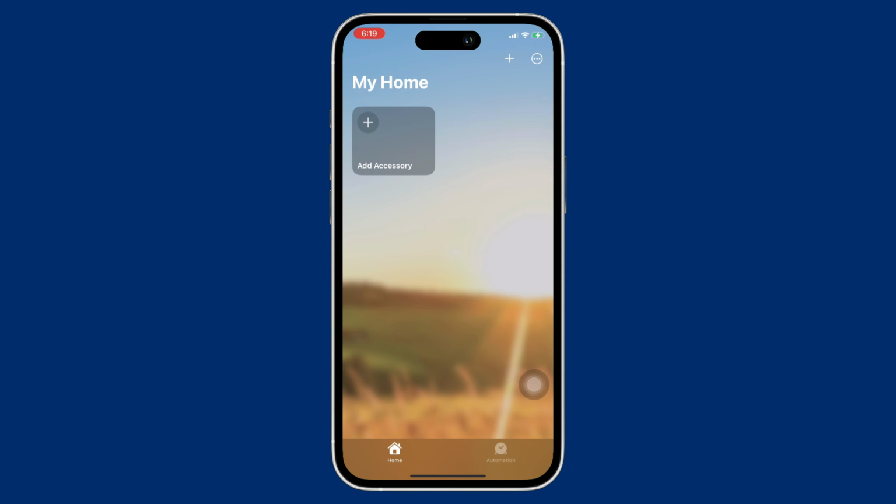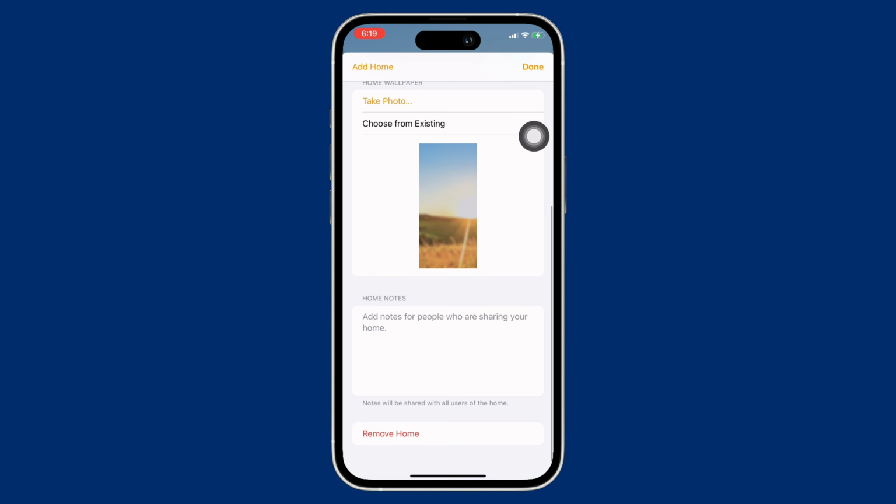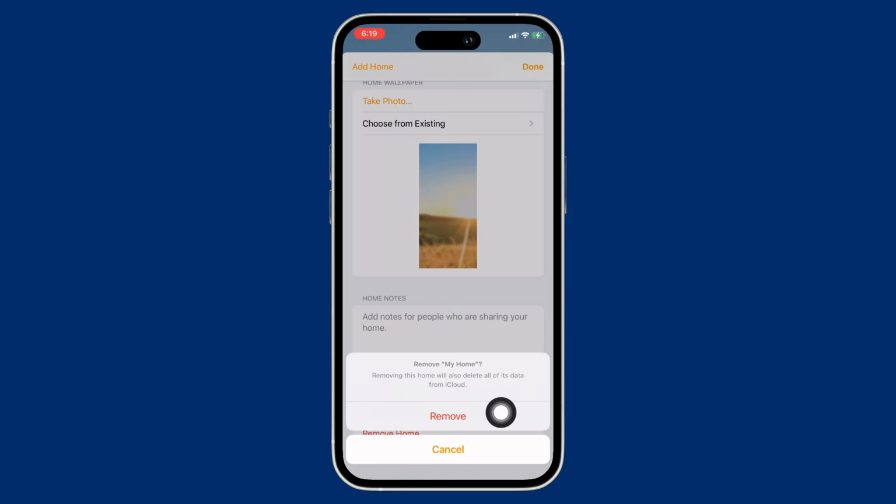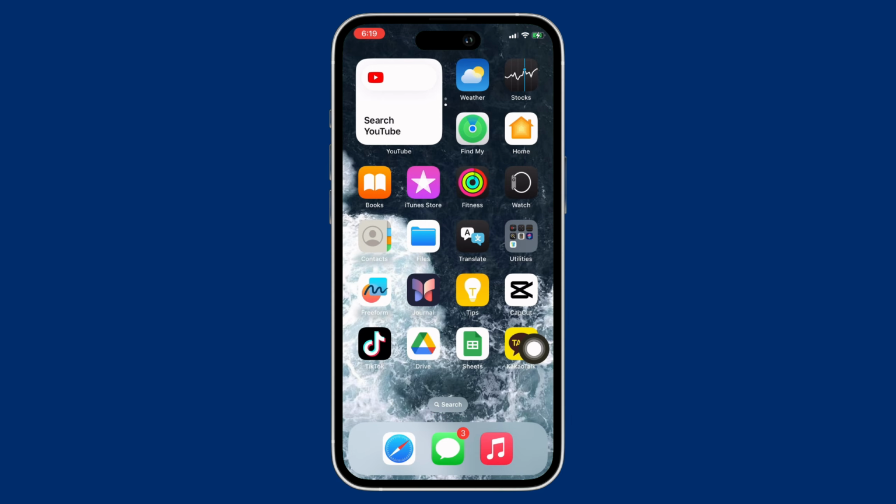And if your issue is still not fixed, then open the Home app on your device and then tap on the three dots on the top right of your screen. Here, scroll down to the bottom and you will see the option for Remove Home. Tap on that and then confirm the removal. Once removed, you can try to restart your iPhone and then reopen the Home app, as this will create a